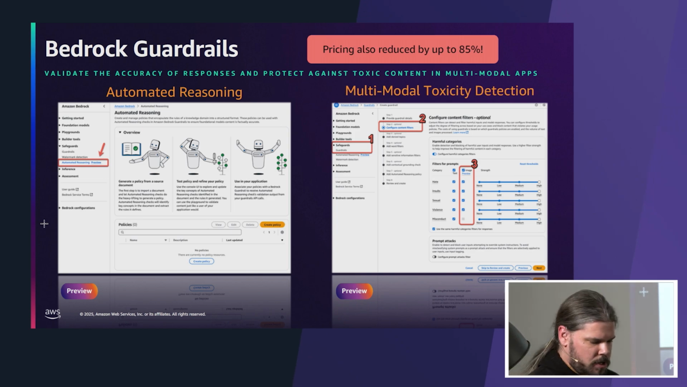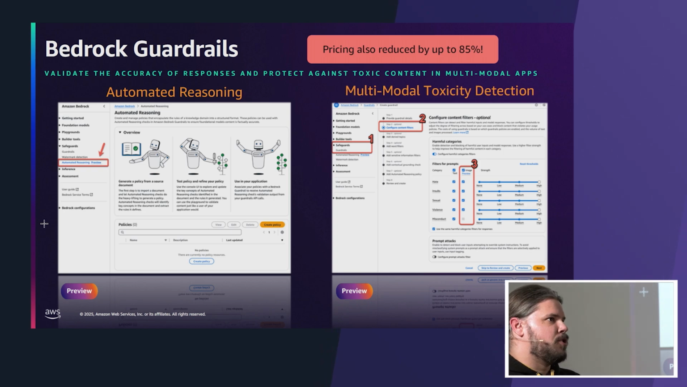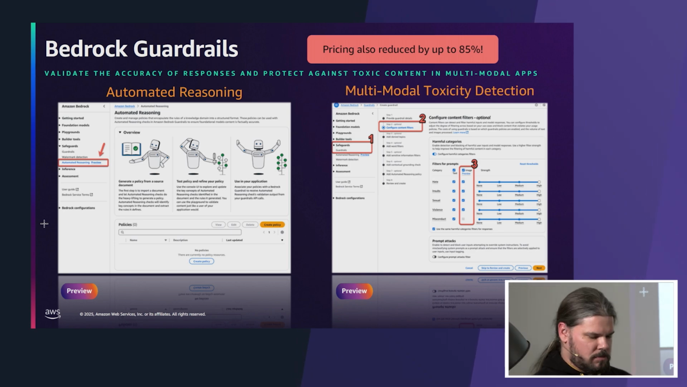And another cool feature is automated reasoning. This is a way to mathematically prove that responses of your model are actually correct. How does it work? You take your internal policies, which can be just normal text